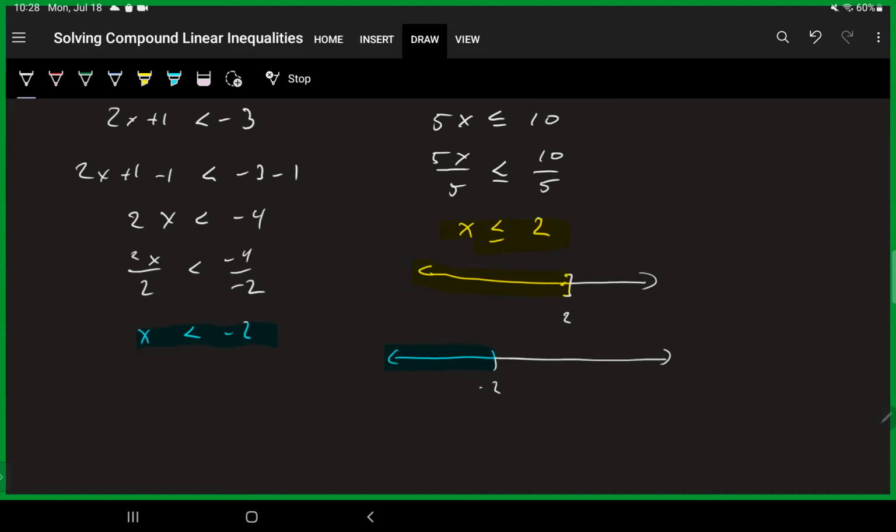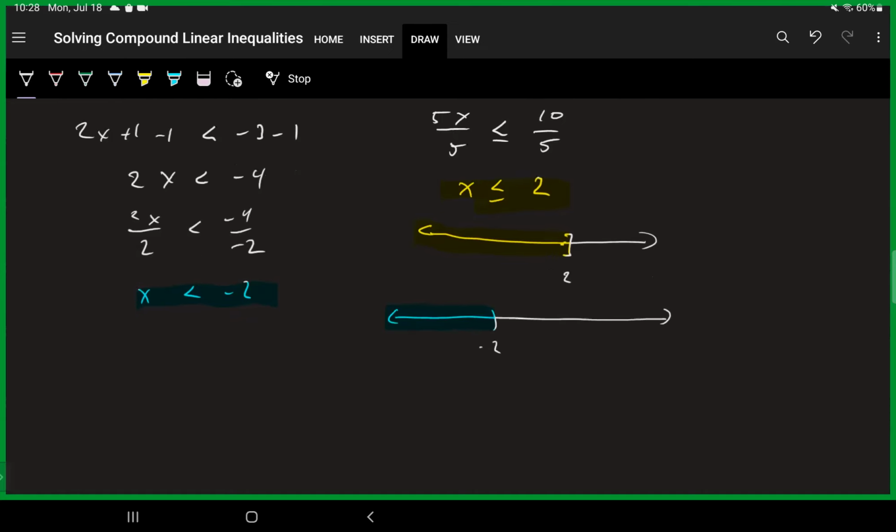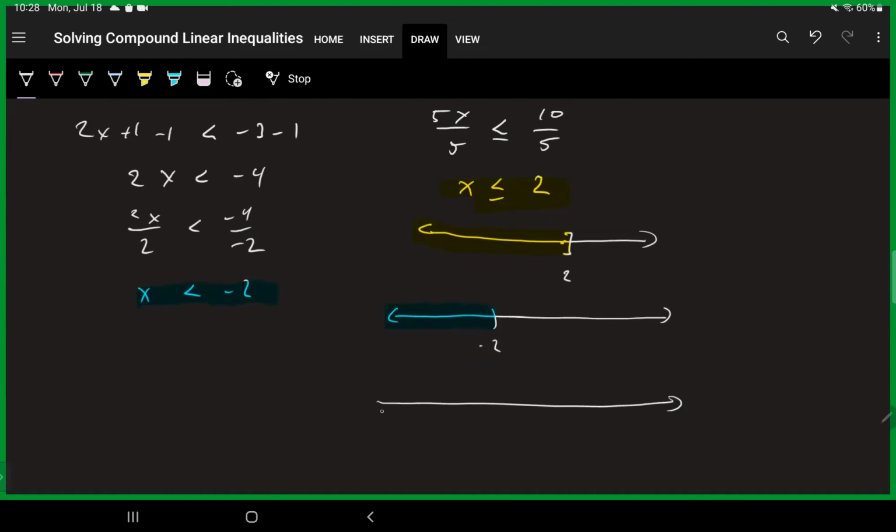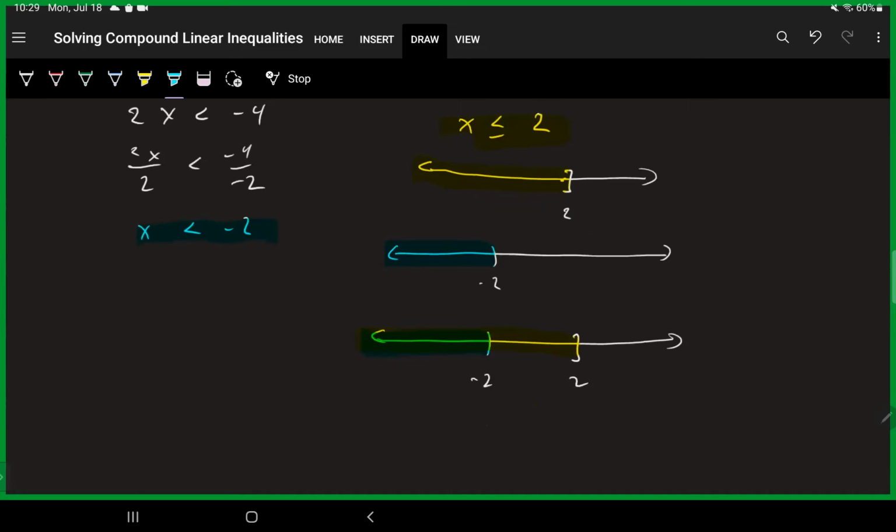And if you remember, I want to find out what happens when I add these two sets together. So let's superimpose. So I'm going to have that one there, -2, 2, yellow, blue, and I want to know if elements are in one or the other or both. And it doesn't matter if they're in both, we don't write it twice. So basically, I'm going to look for everything that's shaded, and I don't even care what color it is. That's the easier way to think about it.